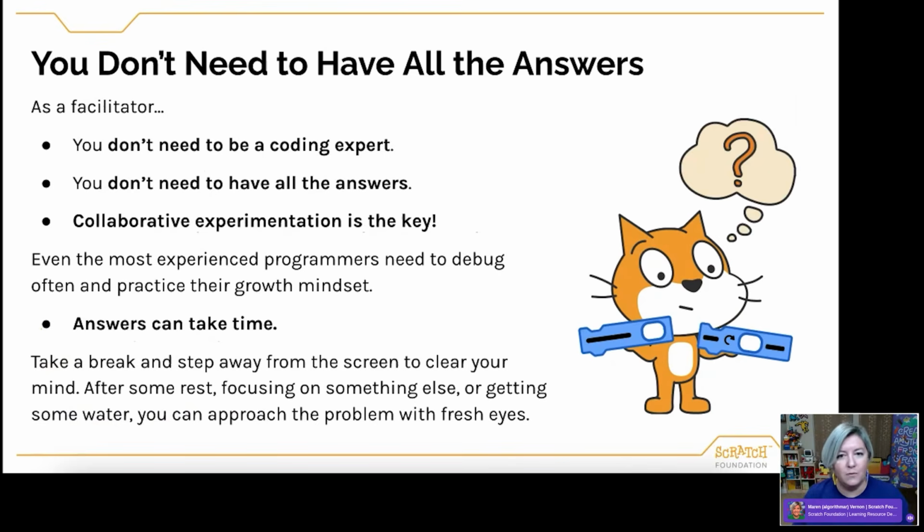Answers may not come right away. Sometimes it's good to step away and take a break. And you don't have to be an expert. We all grow, and many of us come back and look at the code we wrote a long time ago and think, oh, why did I do it that way? Right. But it's all that growth process that we are encouraging here.